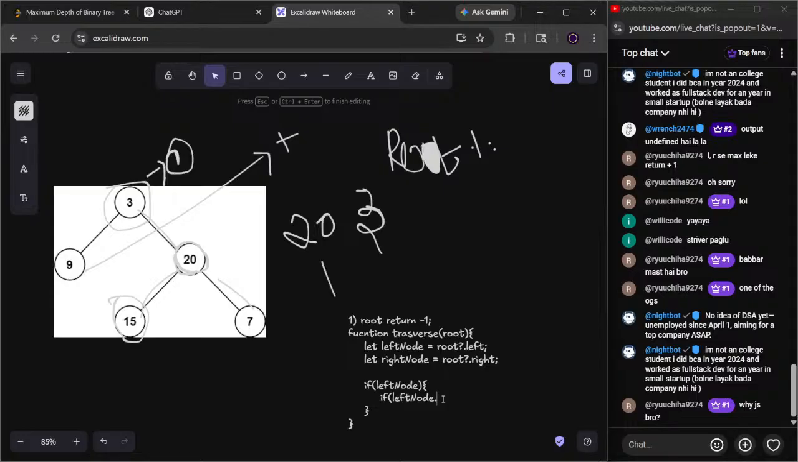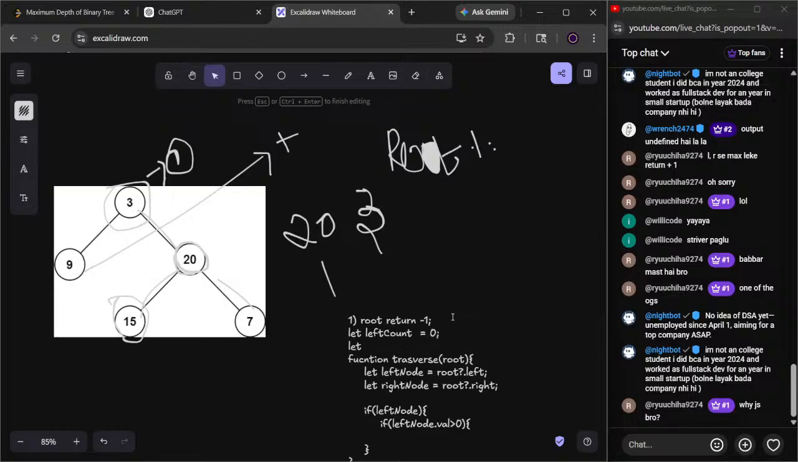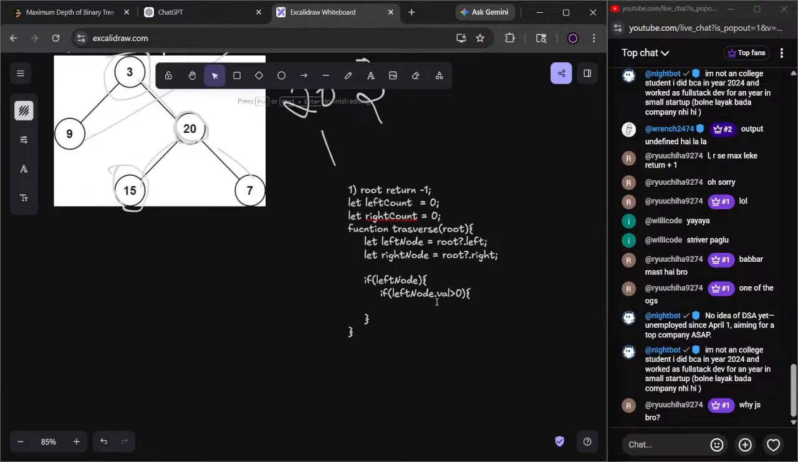अरे मैं फुल स्टैक डेवलपर हूँ ना, तो मतलब जावा से कर रहा था तो मतलब कंटिन्यू कर दिया। मेरे को सी प्लस प्लस सीखना है। अगर मेरा लेफ्ट नोड है, लेफ्ट नोड का वैल्यू है ग्रेटर देन जीरो, तब मैं यहाँ पे एक काउंटर, लेफ्ट काउंटर। अगर मेरा ये है तो फिर क्या करेंगे, लेफ्ट काउंट प्लस प्लस कर देंगे।